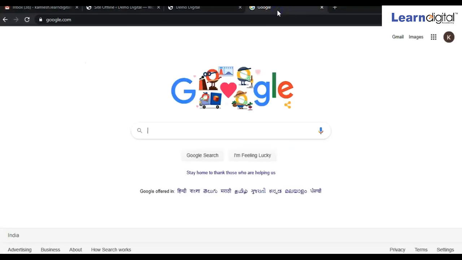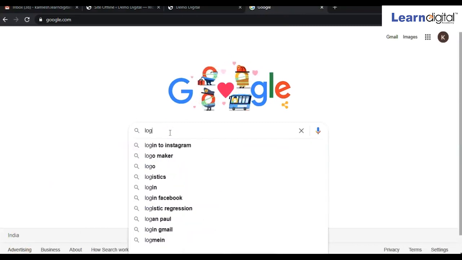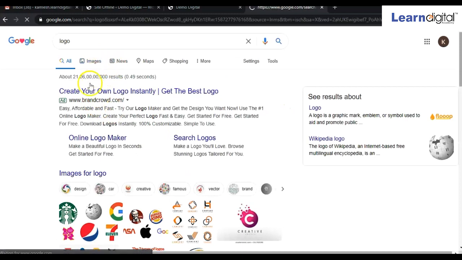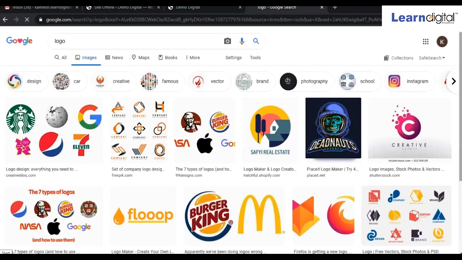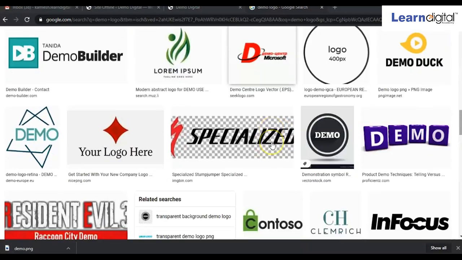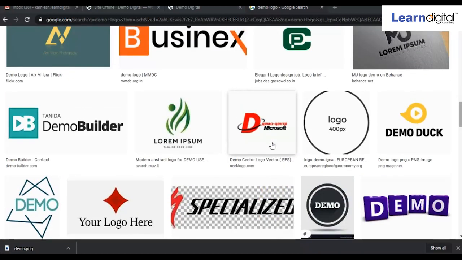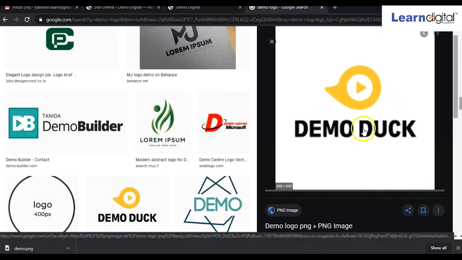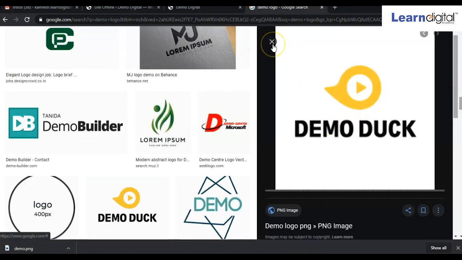So just search in Google like logo images. So here just we'll take this image, right? So this image, that means demo image, I want to upload over there.